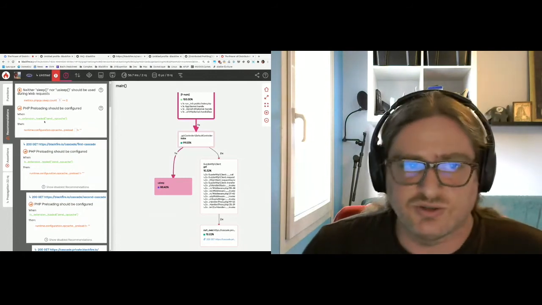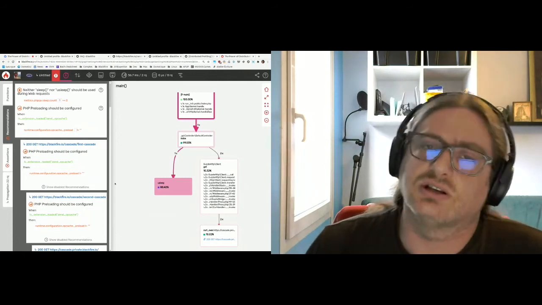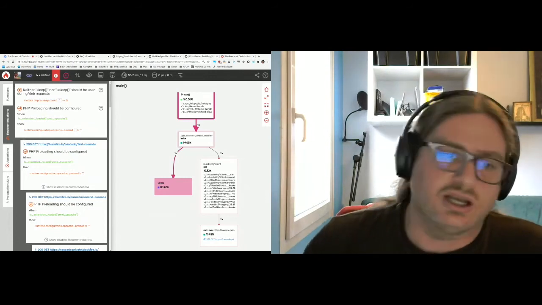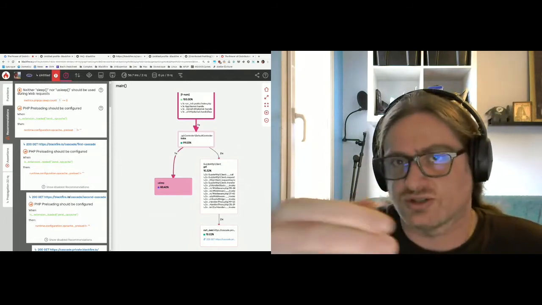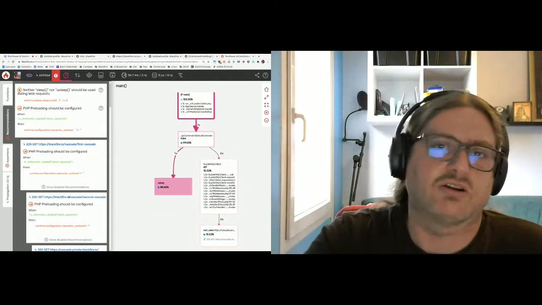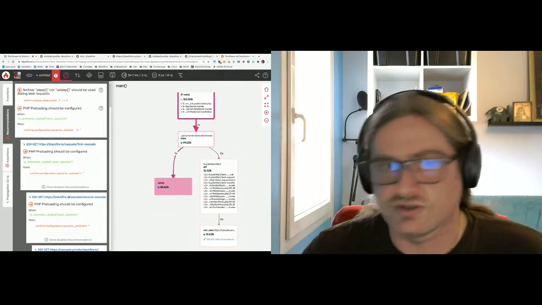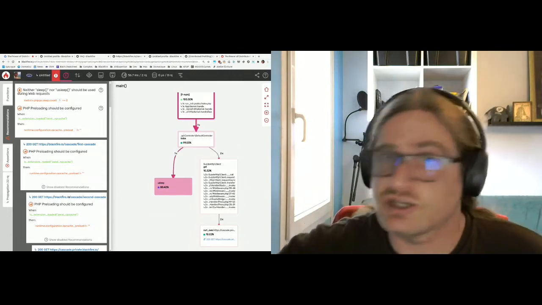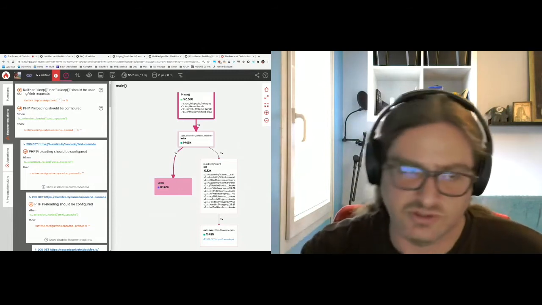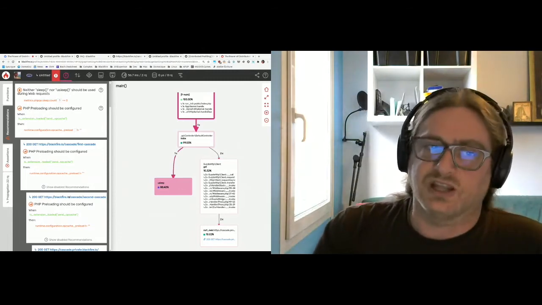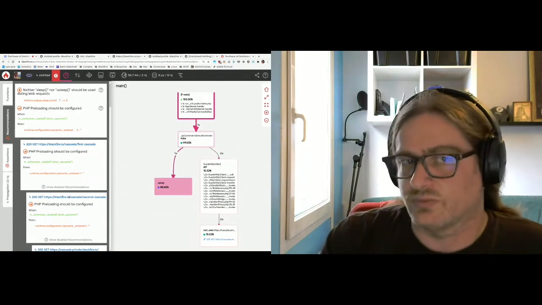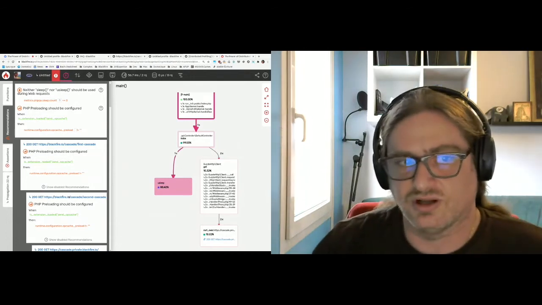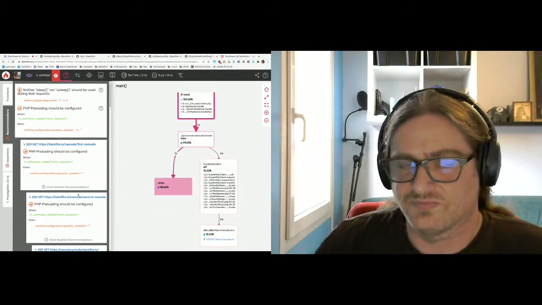Recommendations will show you: we detected that you're using a sleep function or usleep function. We detected that you did not activate the PHP preloading. And in my first presentation, I showed different Laravel recommendations. You may have others, like you are loading way too many relationships using Eloquent, for instance. And these recommendations are actually visible